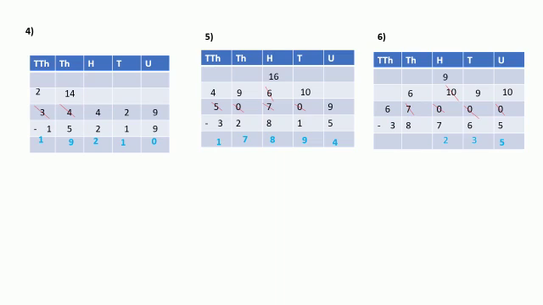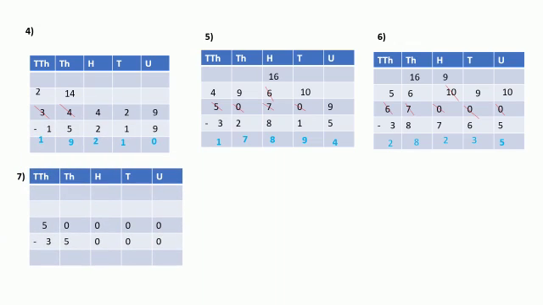Now in thousands place, my dear students, 6 minus 8 subtraction is not possible. So we are going to borrow one number from 10,000 place. In 10,000 place, the number is 6. 6 will become 5. And in thousands place, 6 will become 16. 16 minus 8 is 8. 5 minus 3 is 2.